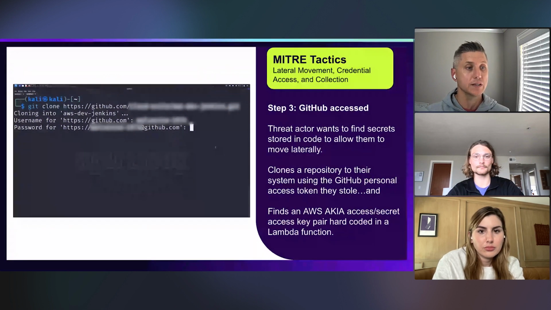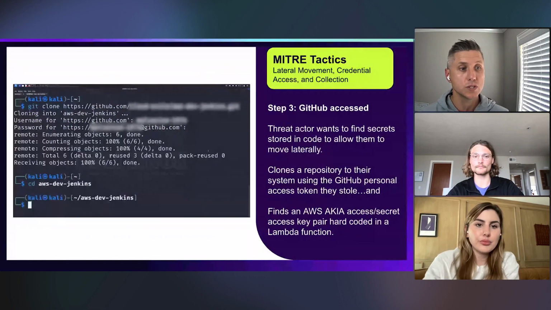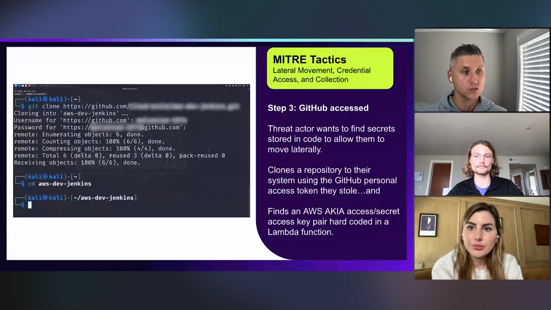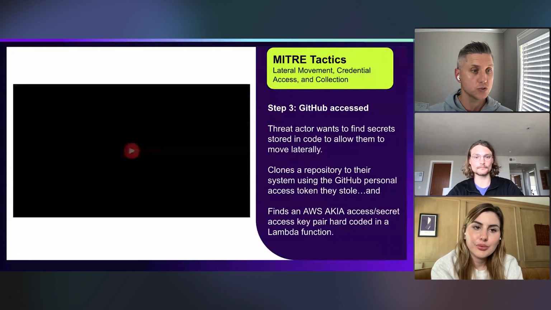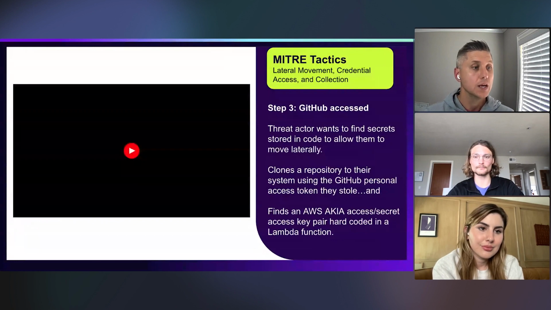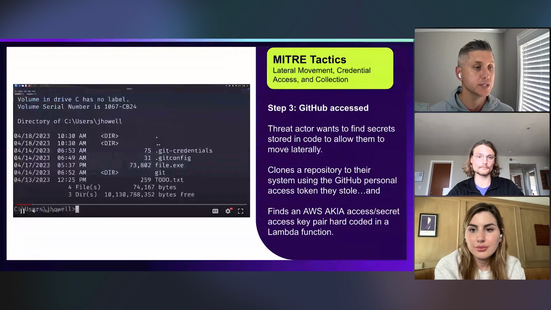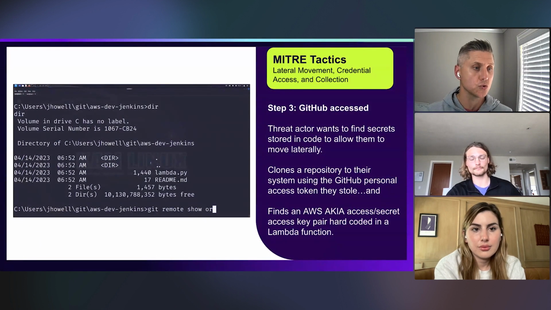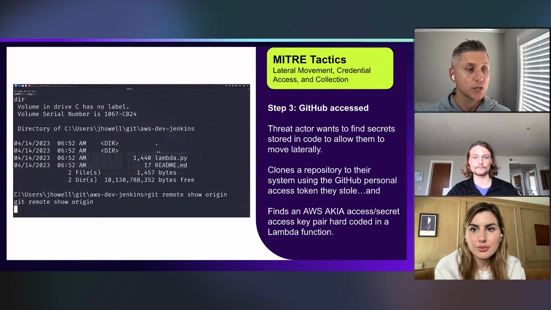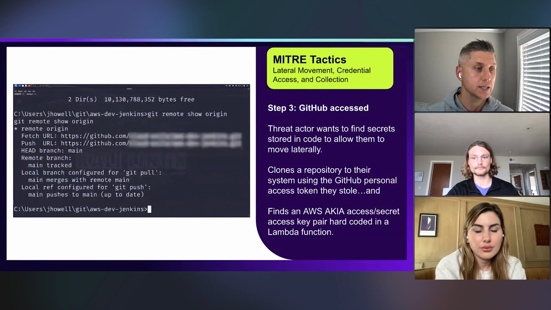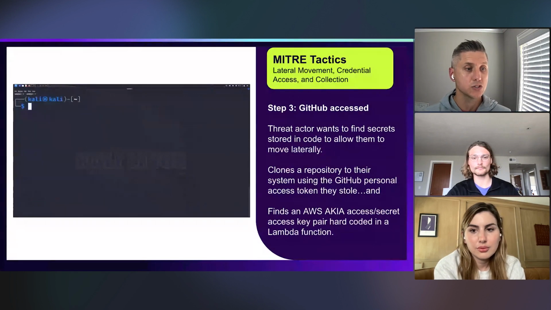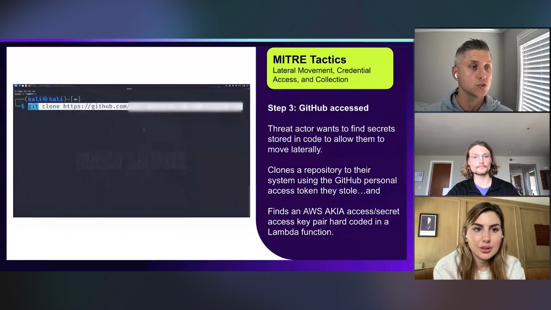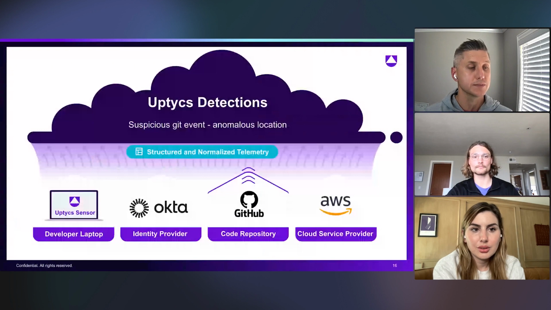So essentially what they've done at this point, use the credentials for the developer, found a repository of interest, and cloned that repository to the threat actor's local machine. They now look through the code, and in the code, they find actual AWS keys. It's very common for developers to store access keys inside code, and using that method, the threat actor has uncovered and searched for a key and secret access key. And that is what they're going to use to pivot into AWS.